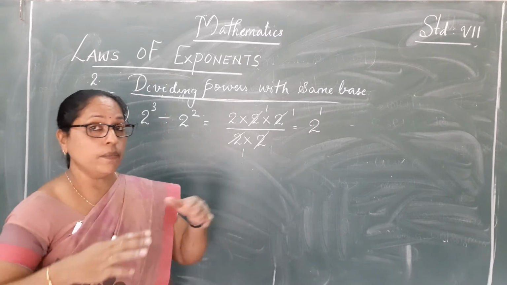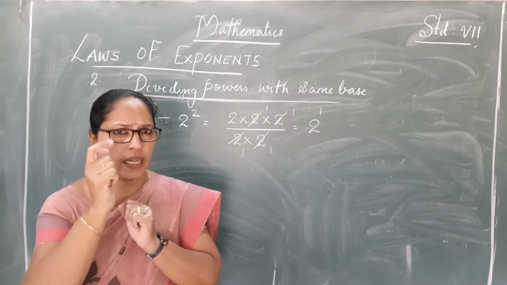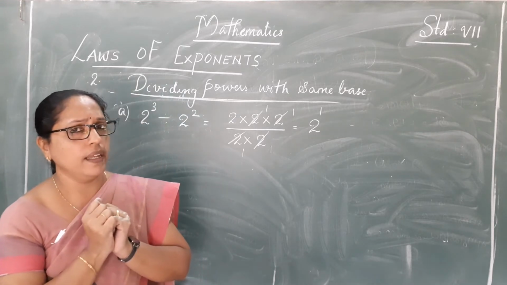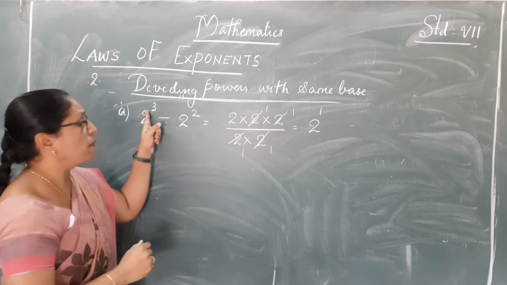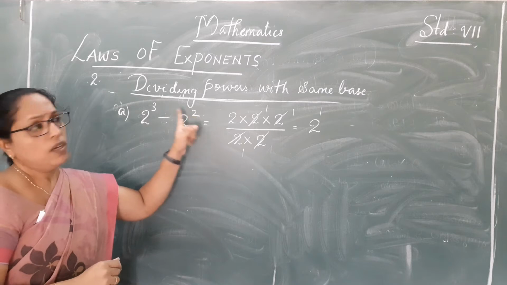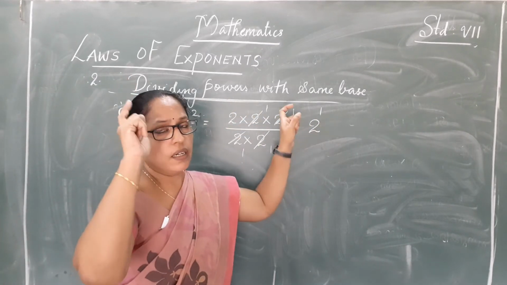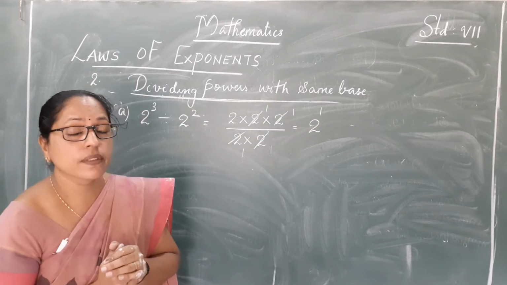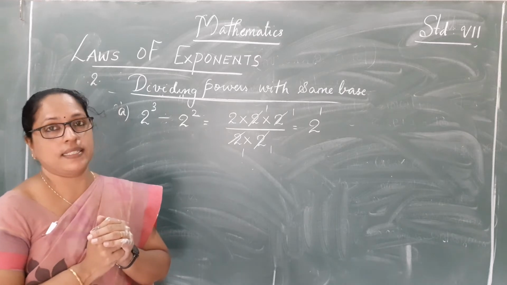Now, this we solved by expanding. Okay, now how can we make it into short form? Think, come on, just think. How can you make it into short form? Everybody should think. As we did in multiplication, same way. Check the powers. 3 and 2. From 3 and 2, in the answer, you should get 1. What do you have to do with the powers to get answer 1? Yes, we have to subtract, right?